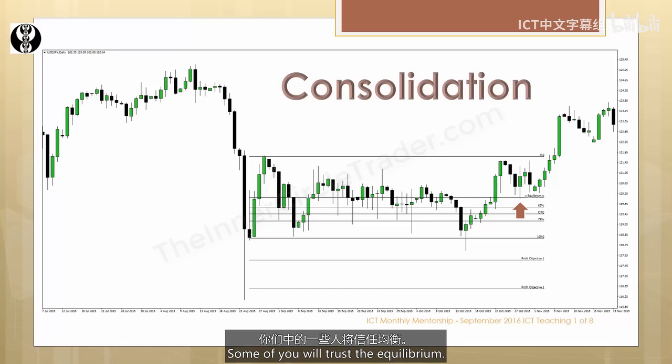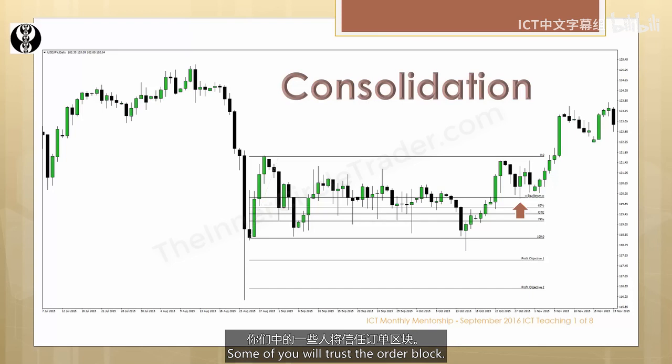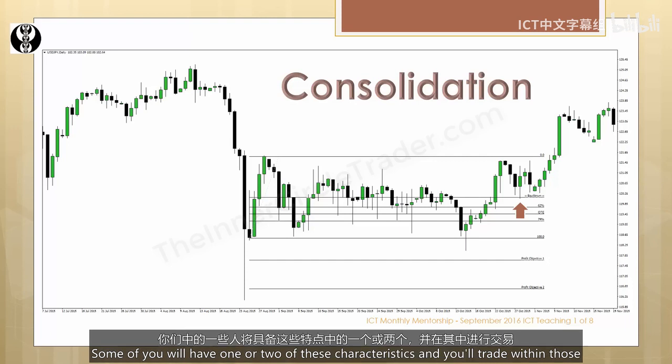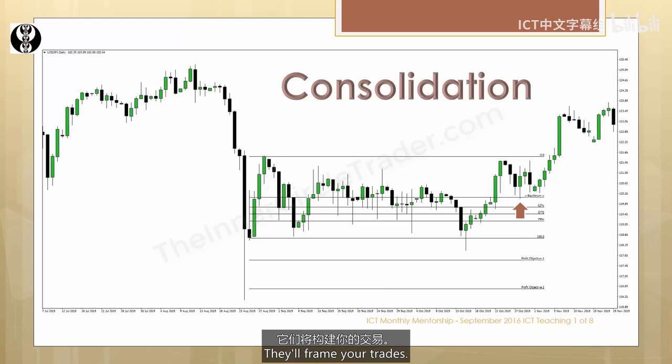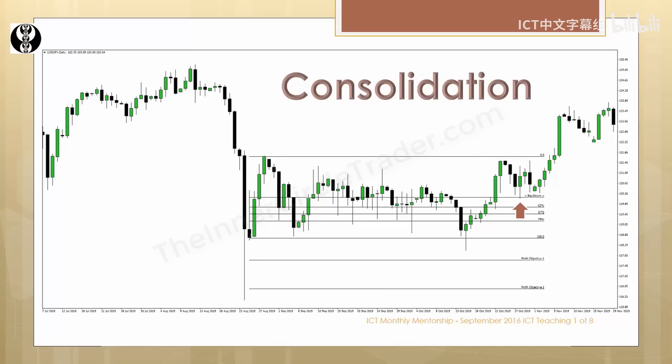Some of you will trust the equilibrium. Some of you will trust the order block. Some of you will look for the void or the liquidity gaps to trade into. Some of you will have one or two of these characteristics and you'll trade within those parameters. They'll frame your trades. Some of you will eventually grow into understanding all of them and be universal, but don't